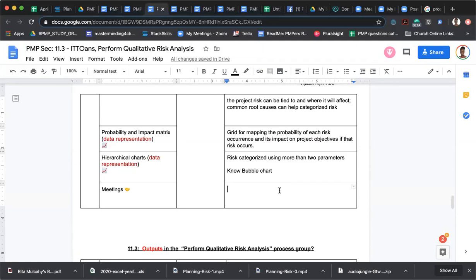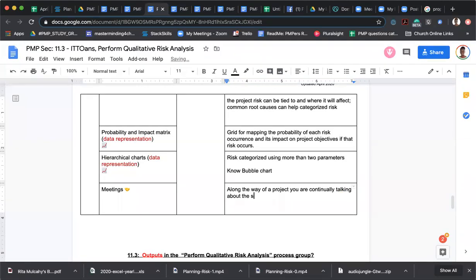So I guess it's just like normal behavior, right? It'll be normal like agenda. Things happen. Part of the agenda. Yeah, not really, but if like people give a status report and they're like, you know what, this is what's stumping me, right? Or this is the opportunity that happened, right? Along the way of a project, you are continually talking about the status and